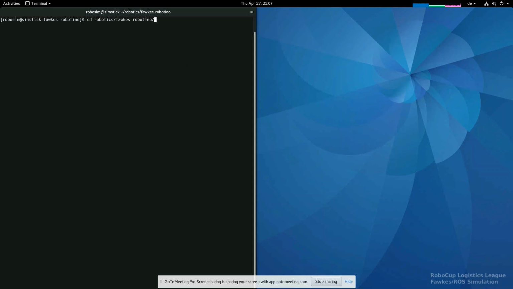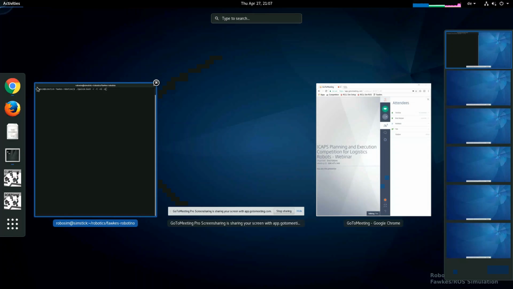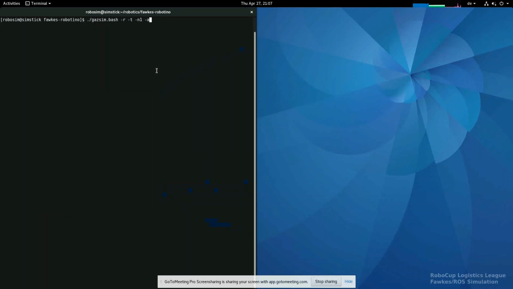So let me start with the ICAPS-based system, because that's a little easier and faster. As you can see, I have all the commands in here already. You can use this icon on the left, and that will essentially do what I'm doing right now, and it will automatically start the game. I will do this now step by step to give you an overview of what's actually happening when you click that button. So there's one script which runs all the different components that are required for the simulation,